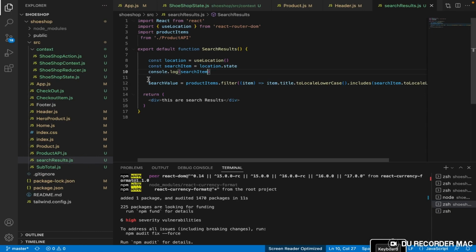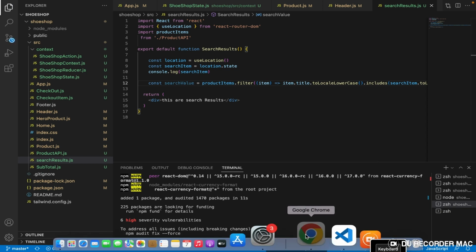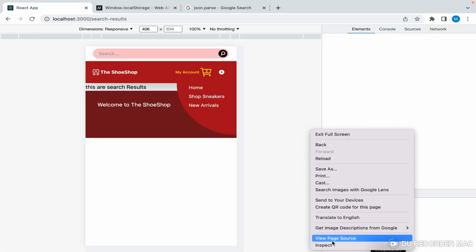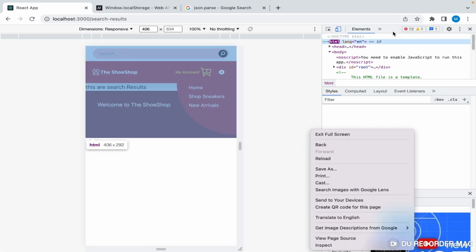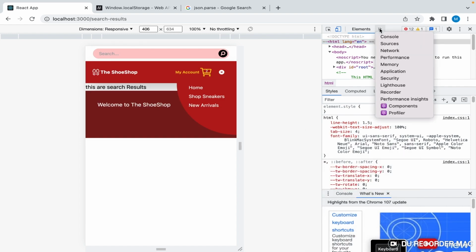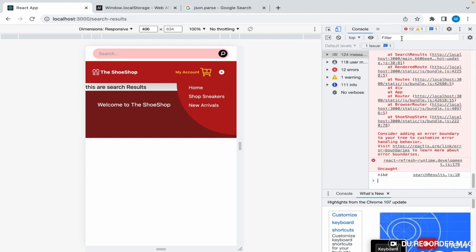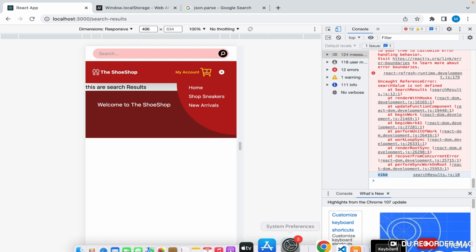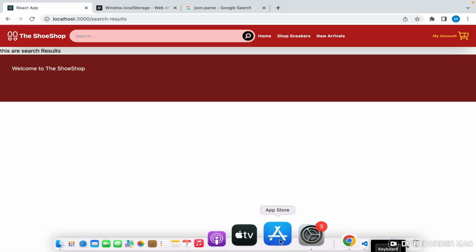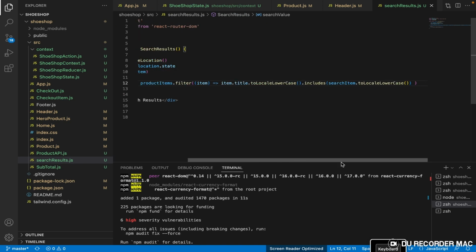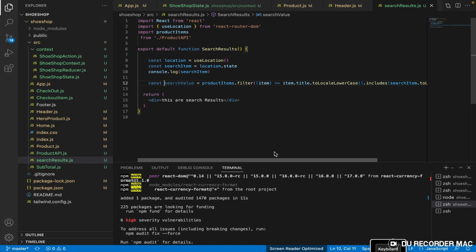Oh, okay, sorry, this is not defined yet. Okay, right, let's check it. So you see, we have Nike that we just searched from in the text box. That means as long as the item includes Nike, we are going to display it. All right, so let me add some